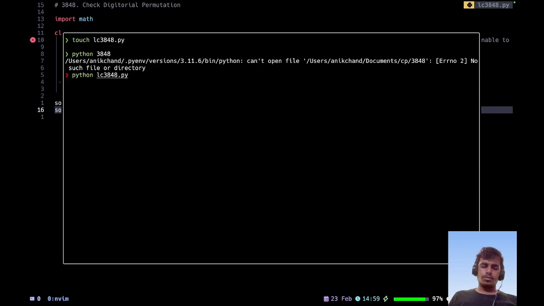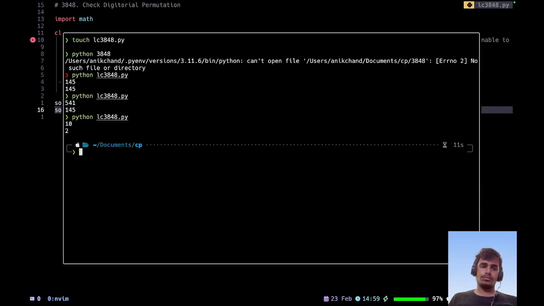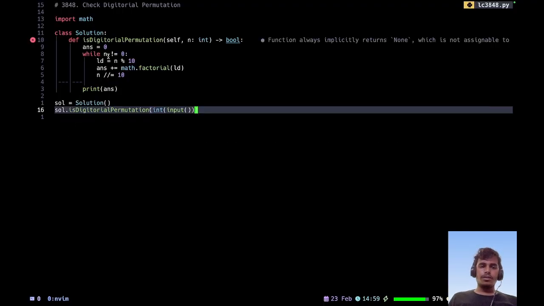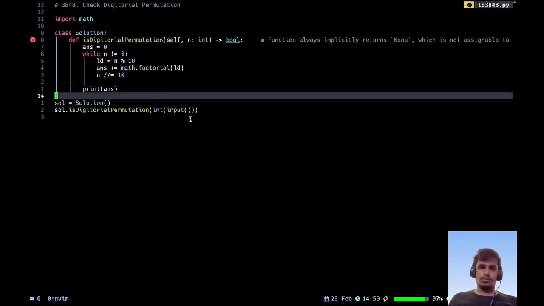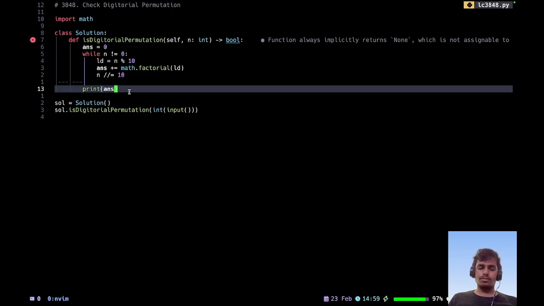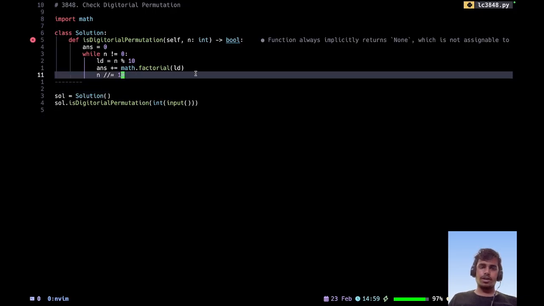Okay, suppose 145. This is giving 145. Suppose 541. This will also be 145. Suppose 10: 1 factorial is 1 and 0 factorial is 1, that will give me the output as 2. Okay, so this is great. Delete that. And